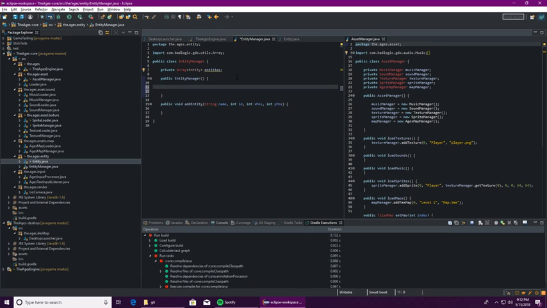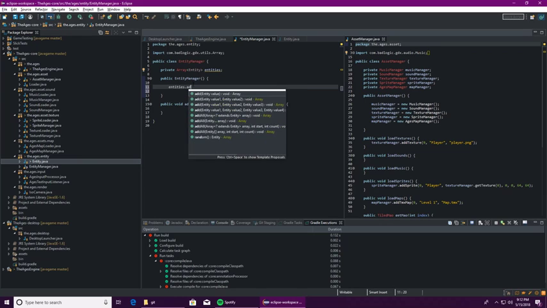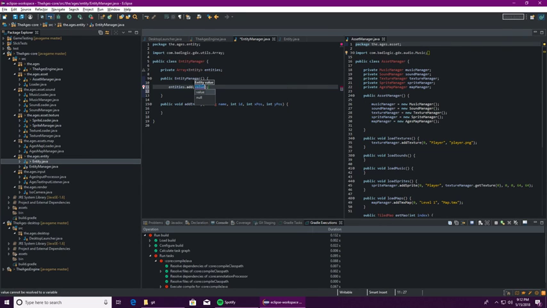So let's do entities dot add entity, or actually a new entity at position 0, 0. Sprite manager will be, oh crap,